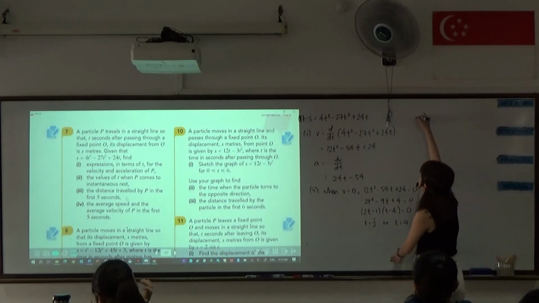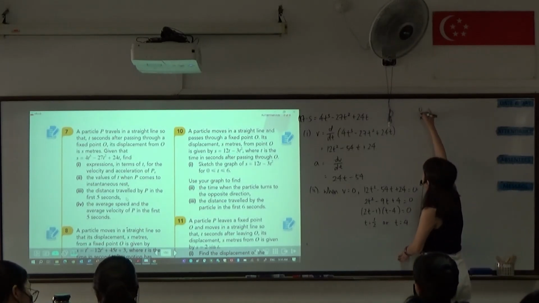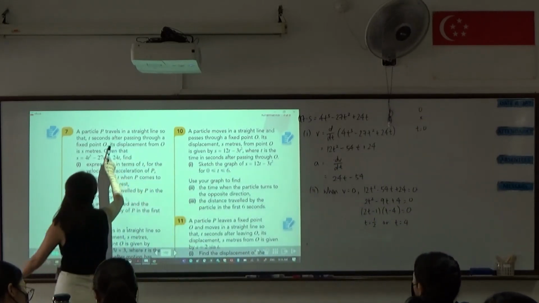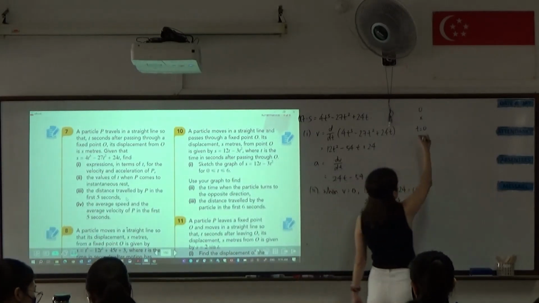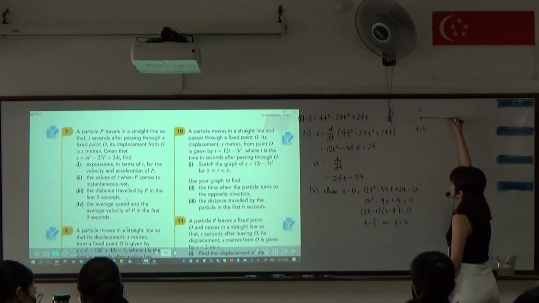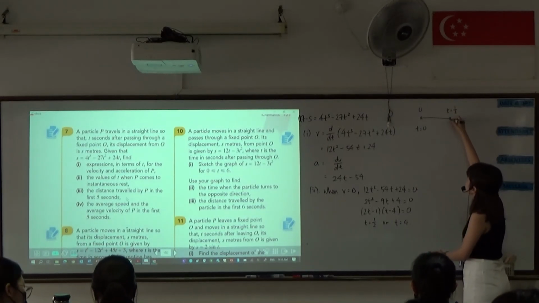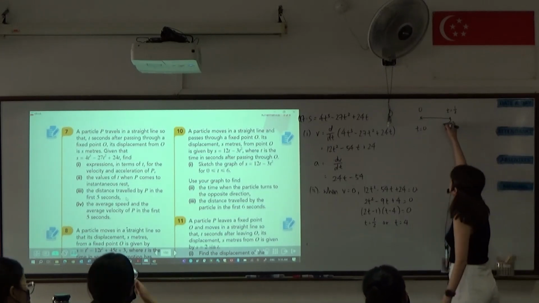So what this means is that if we have our particle starting here, which is O, when t equals 0, because the question says it starts t seconds after passing through O, it goes in a straight line, and then at t equals half, it turns going in the opposite direction, and then when t equals 4,